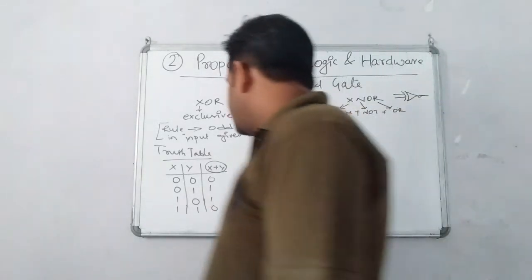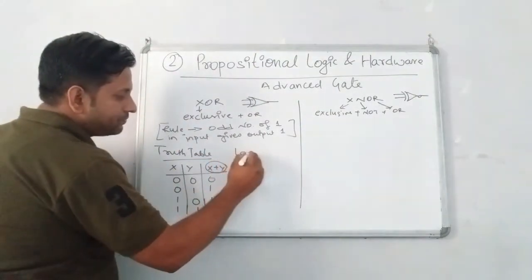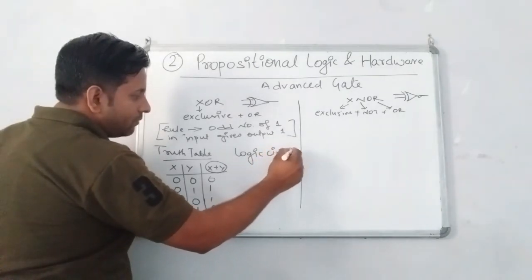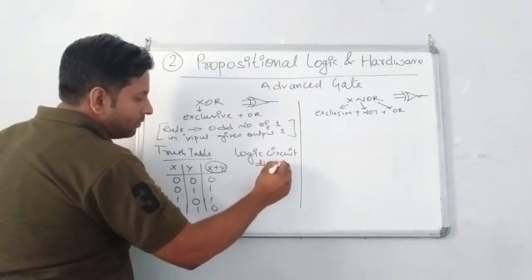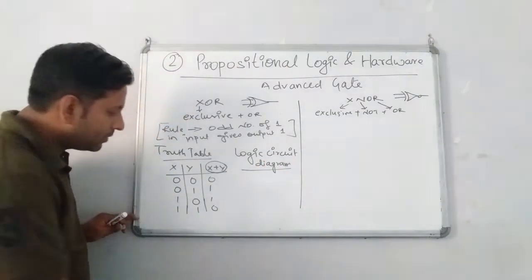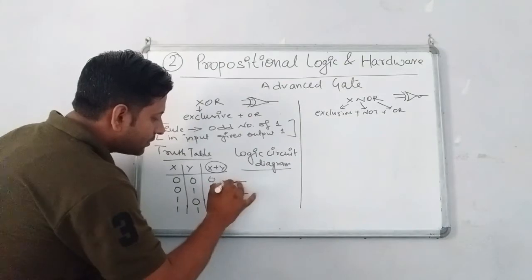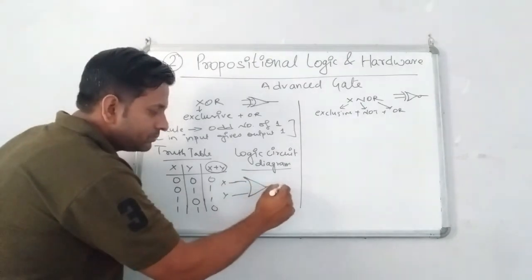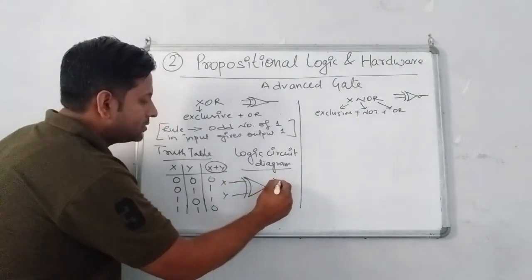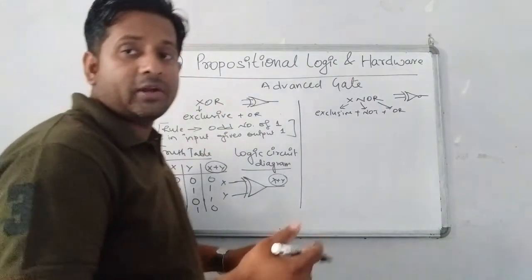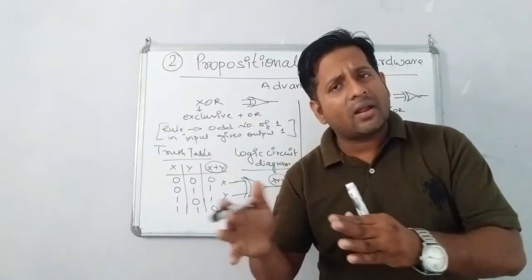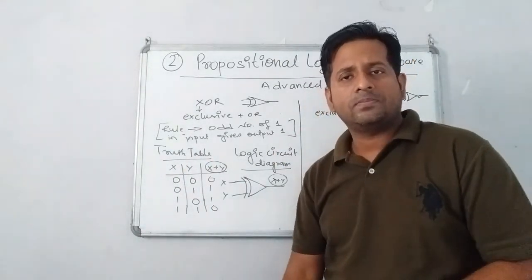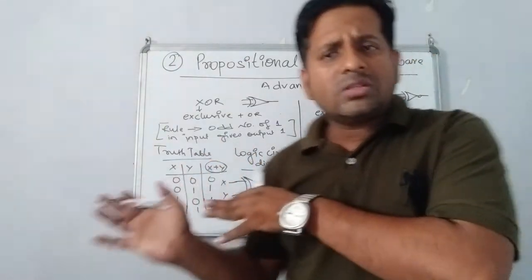Okay? So now see the logic circuit diagram. How many input we have? 2. X and Y. Like this, OR gate. One more if you place, it becomes exclusive OR gate. Very simple. Just remember the OR and NOT gate. Rest other gates will be made automatically. They are just interrelated from there.